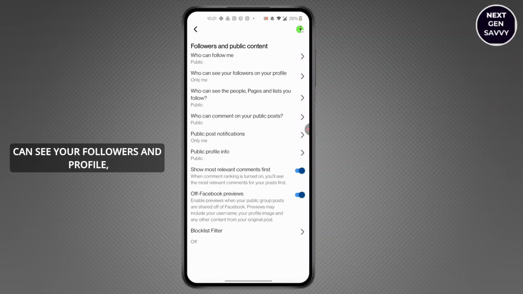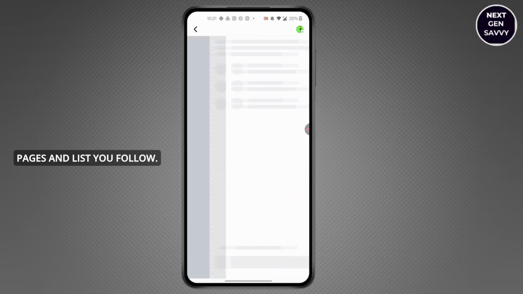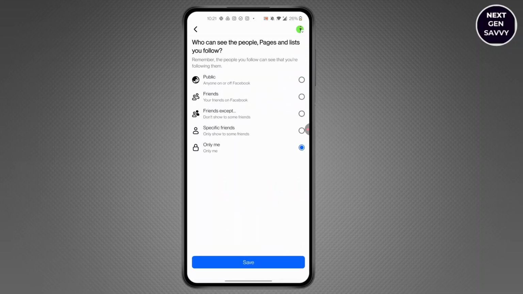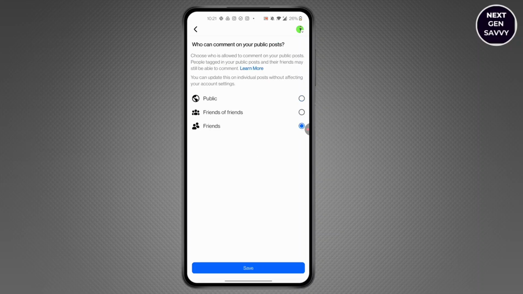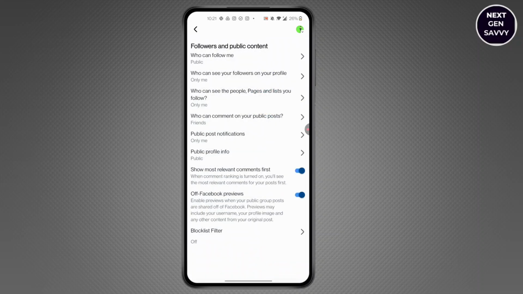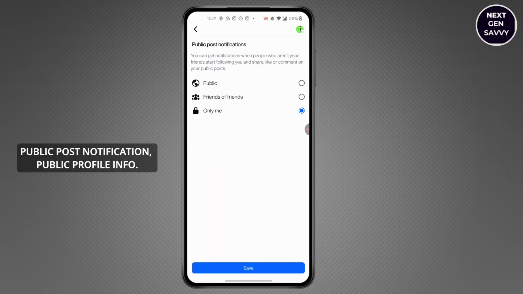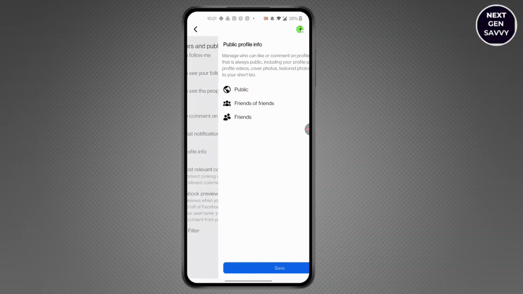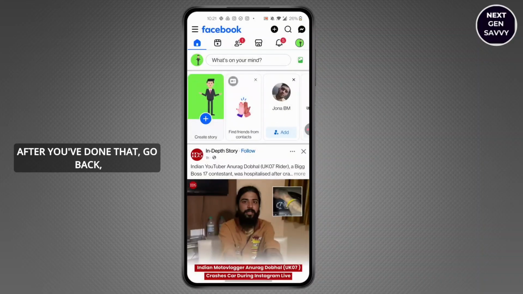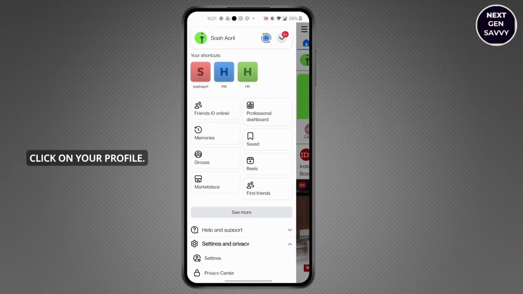Who can see your followers and profile, who can see the people, pages, and list you follow, who can comment on your public post, notification, public profile info. After you've done that, go back, click on the three lines again, click on your profile,